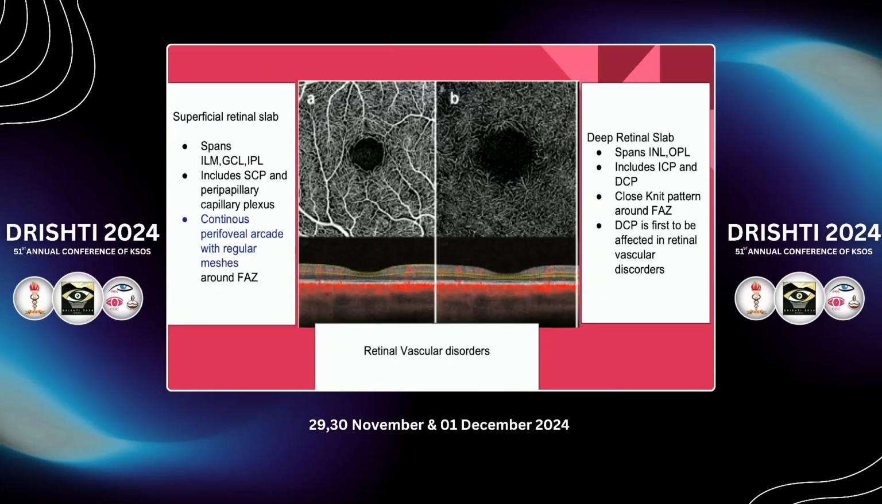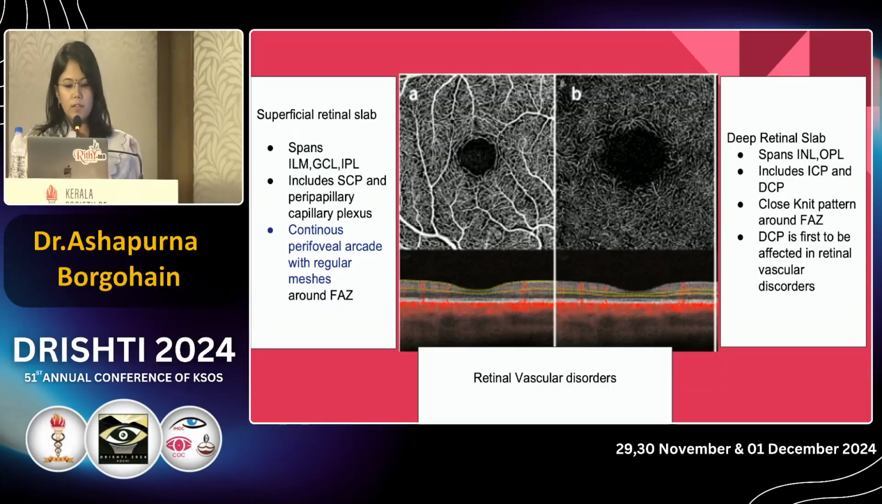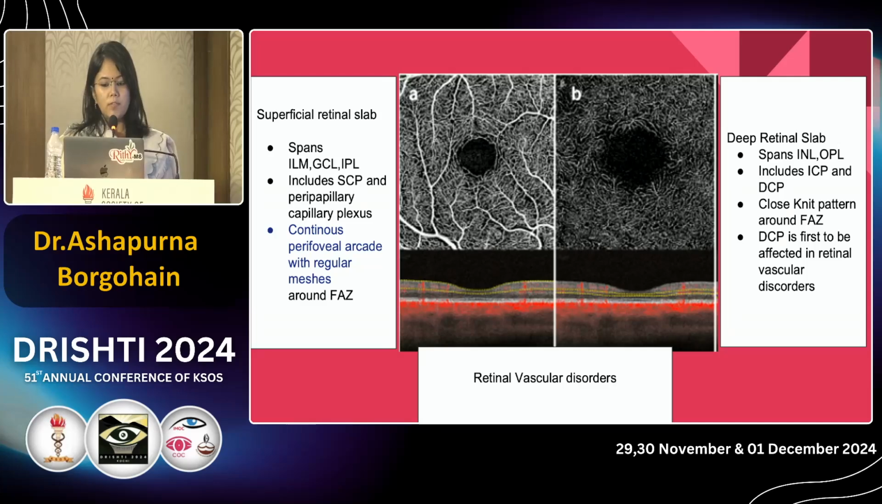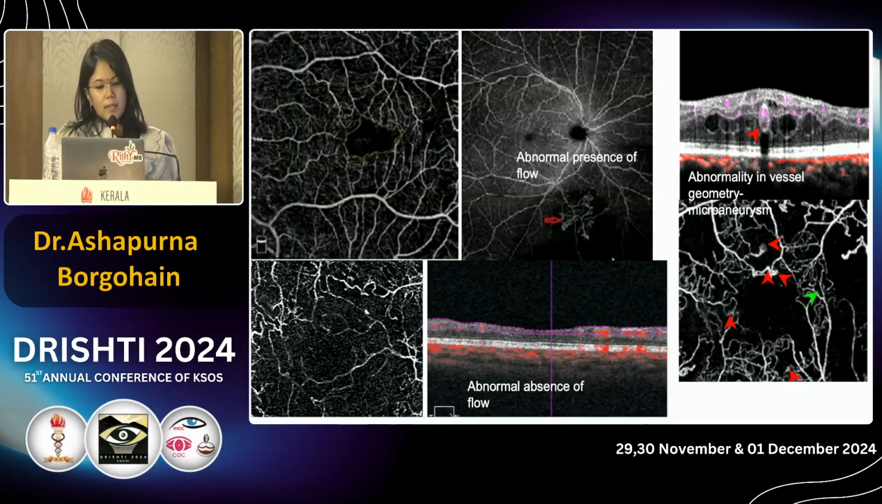This is the normal appearance of the superficial vascular plexus and the deep vascular plexus. These 2 vascular plexuses are most commonly involved in retinal vascular diseases. In fact, OCTA is the only modality which can visualize the deep capillary plexus, which is the first to be affected in many vascular disorders. So abnormalities in these two